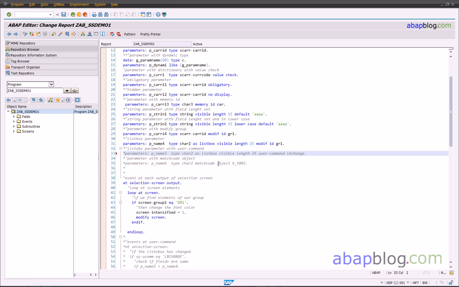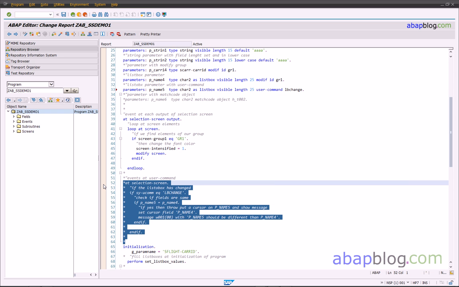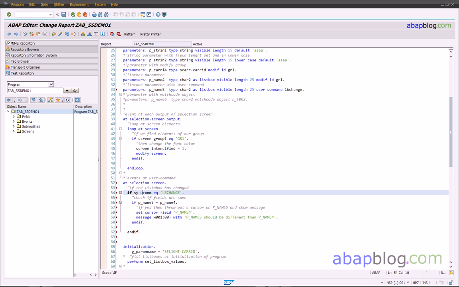Okay, so you're now able to show the drop down on the screen, but if you want that after you change the value of this drop down and then something happened on the screen, then you can use the addition USER-COMMAND and put the command name after. You are free to put any name you want. Of course, the length of the user command name should be maximum as in type SSCRFIELDS-UCOMM, and then at the selection screen event you have to check if the SY-UCOMM is like your user command on the drop down box,